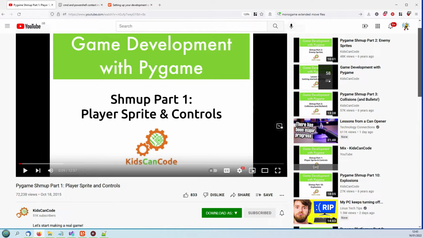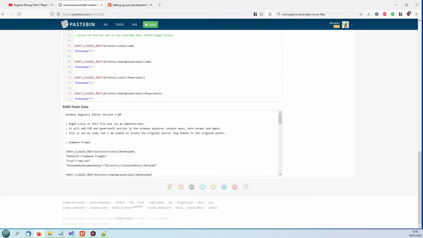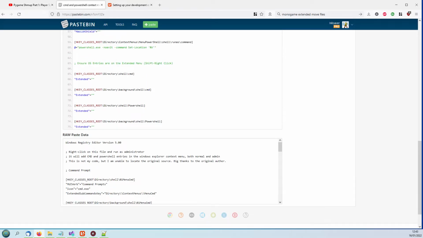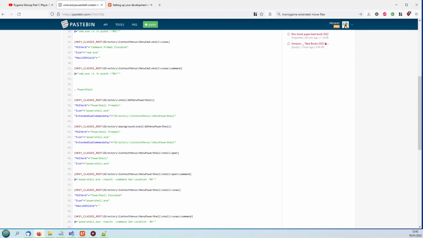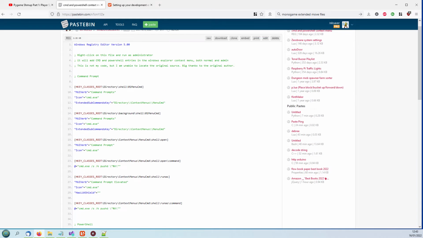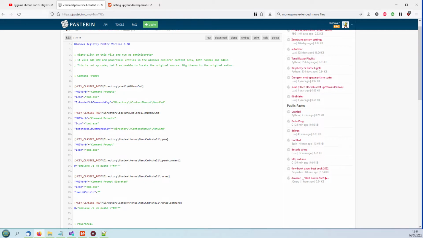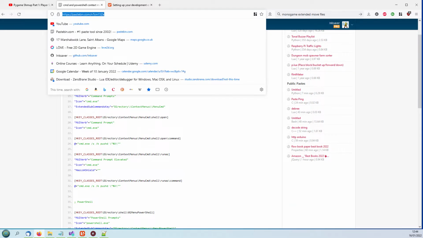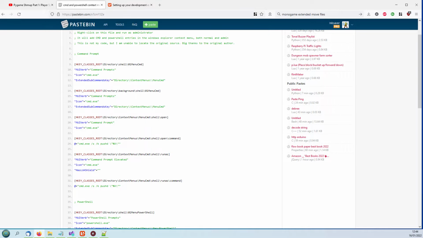Now we're going to need to use the command prompt. There is an easier way of getting to it on Windows than is normally available. If you go to my Pastebin account here, I didn't write this registry editing file myself. I did find it somewhere, and whoever wrote it, I'm eternally grateful. But there's the link for it. So we're going to need this for setting up our MonoGame